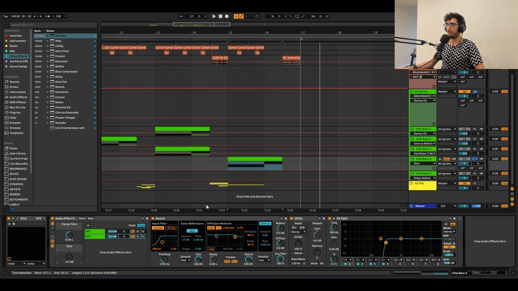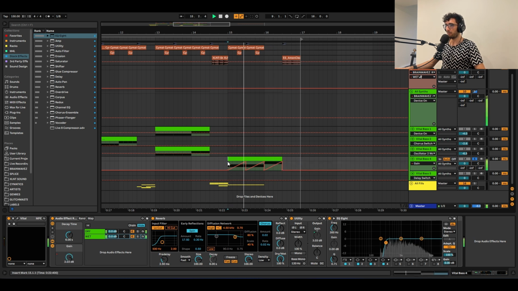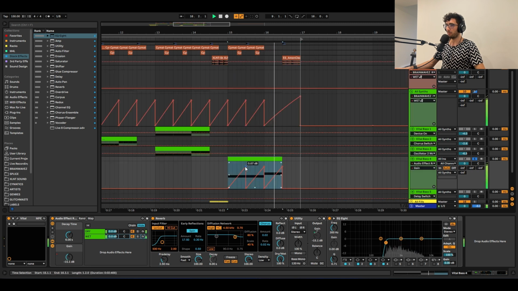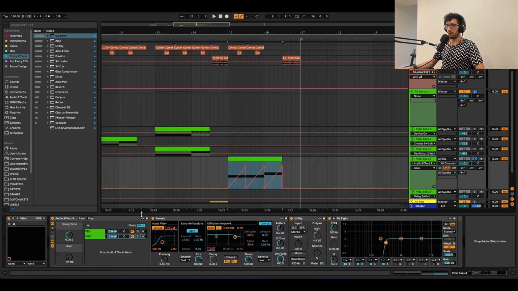And then we can create the automations that I was making in the original version of this. Obviously that's a little bit intense. I'm just gonna make it a little bit more subtle. And something that I like to do is